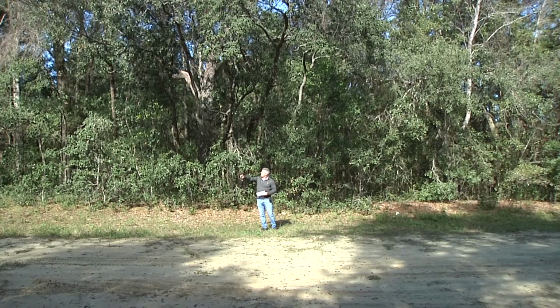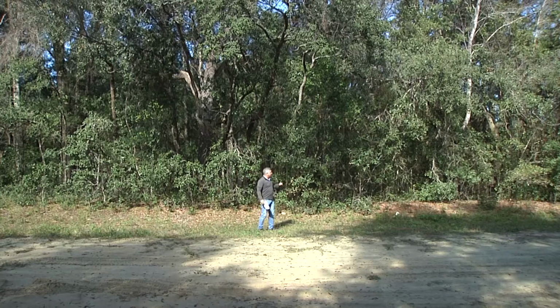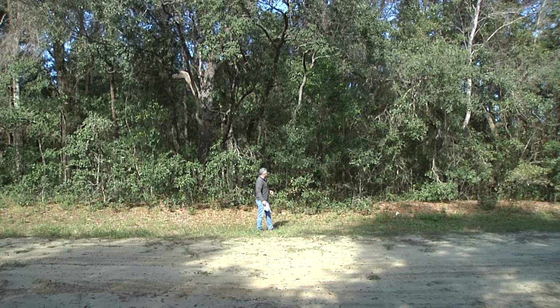You are going to have a power easement along the side of the property. It's not on your property, but your property kind of butts up to it, and we'll show you that as we walk around. As you can see behind me, there are a lot of oak trees, a couple pine trees back in there, and a couple palms, not too many of them. We'll get in there and try to show you as much as we can with this property. Again, it's 7721 North Greendale Drive, .32 of an acre,